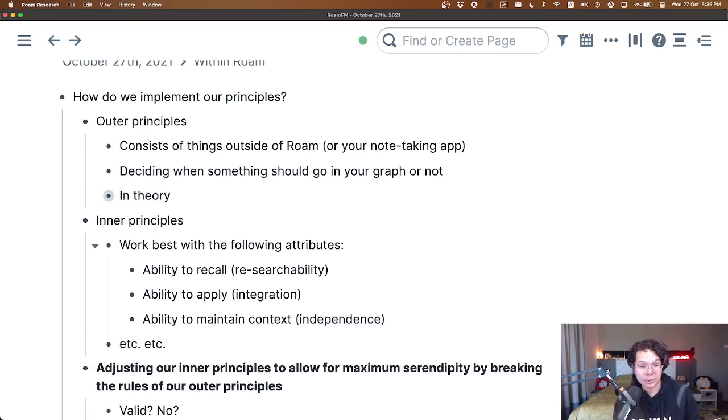Now, your inner principles are yours, but I've noticed that when we try to apply these inner principles to our note-taking systems, there are some common attributes that anything you bring into your system should follow. One is that when you write something into your notes, you have to make sure you've written it with the ability to research it or recall it at a later date. As an example, if you've written something about